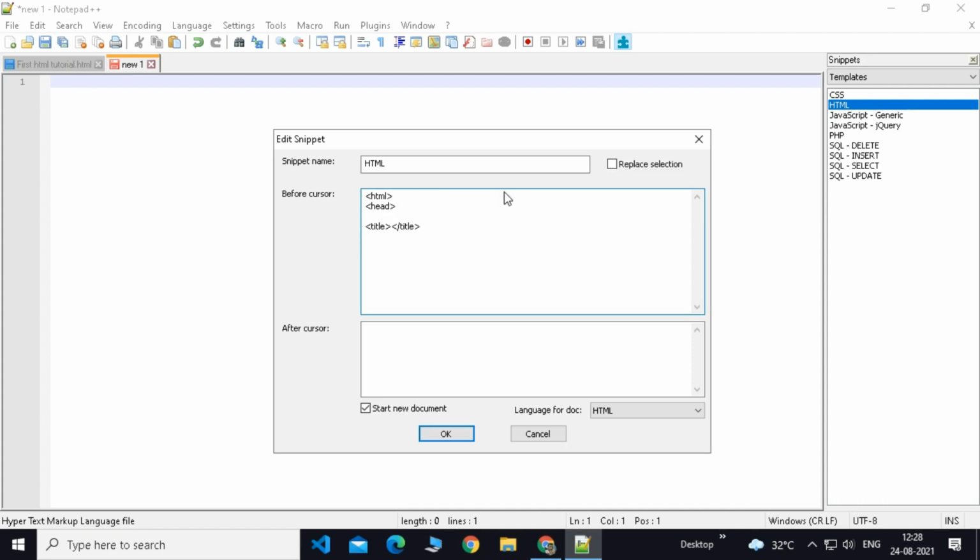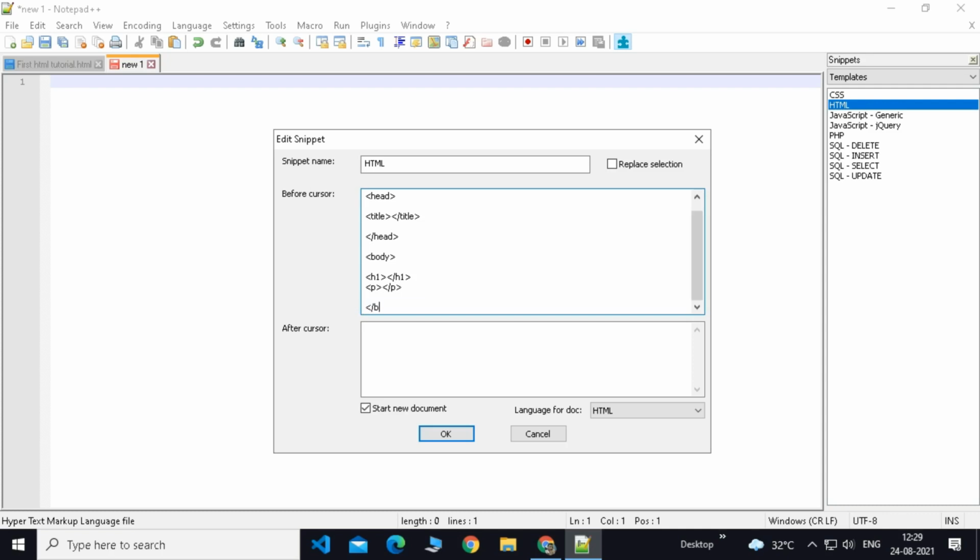Right, we went to title. Now I have to close the head. This is, by the way, the code which is compulsory for any HTML file to run. Then after that you have the body tag, in which you have the main body, and then you have the H1, which increases your font, and then slash H1, which closes it. Then there is P, and then slash P.